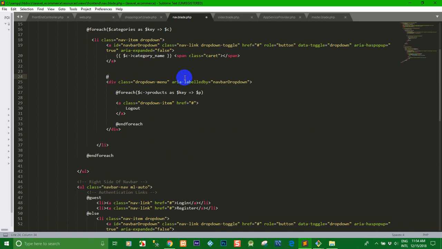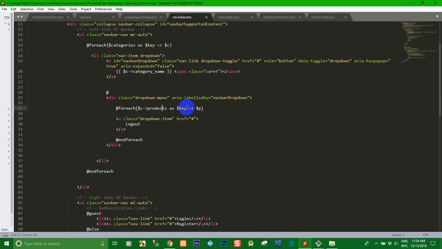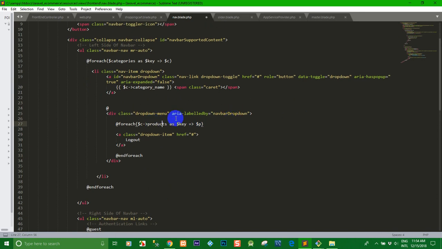But we want to change. Yes, if there is no product related with the category, we don't display drop down here. Okay, I change